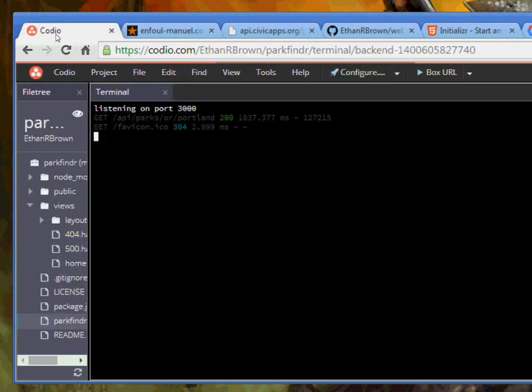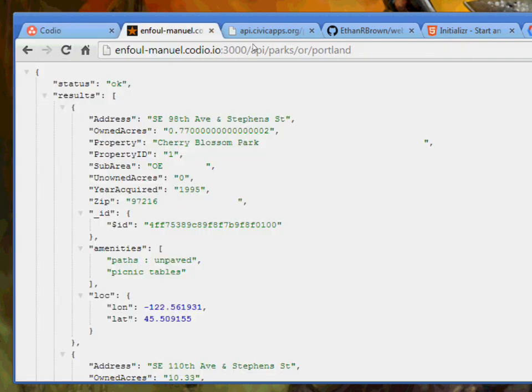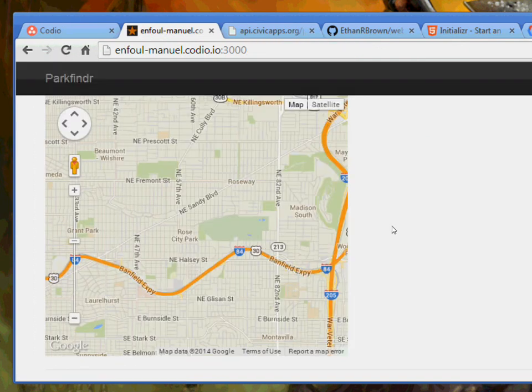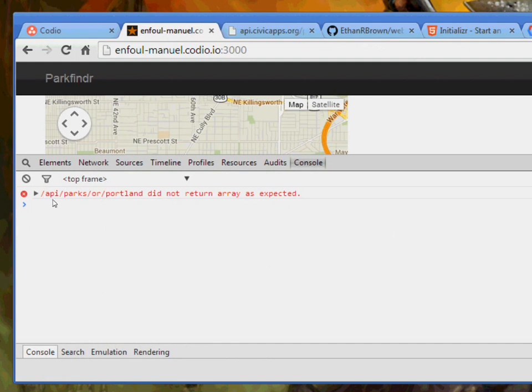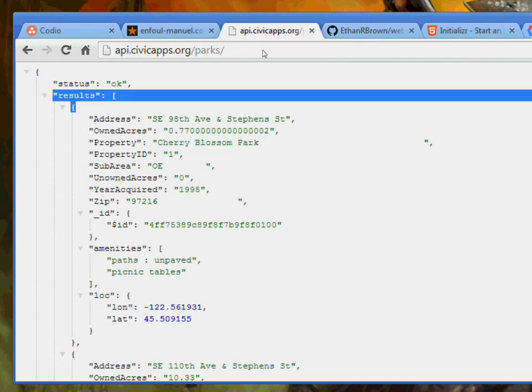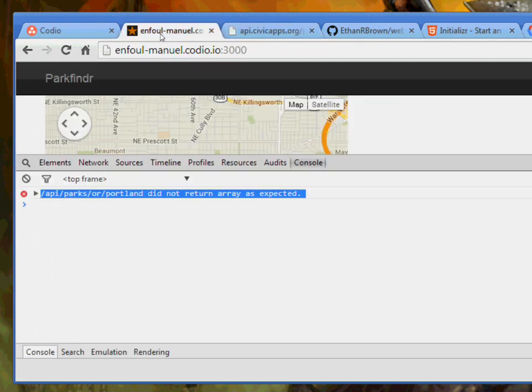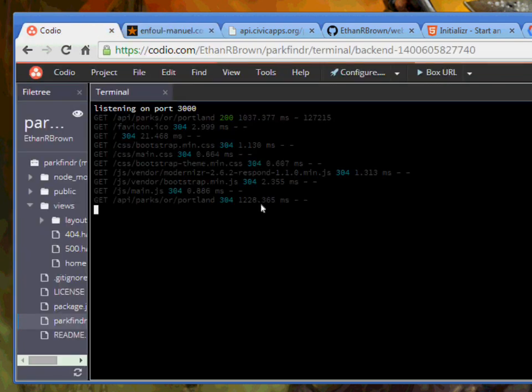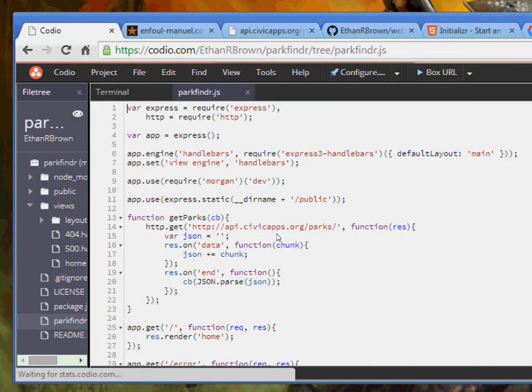And I'll also point out that, because we haven't gone to the next step, this won't actually work in our application. We don't see any markers, and we noticed that this did not return an array as expected. It actually returned an object that contained the results array, which is not really what we wanted. So right now everything's broken, so let's fix it. Stop our server, fire up parkfinder.js, and